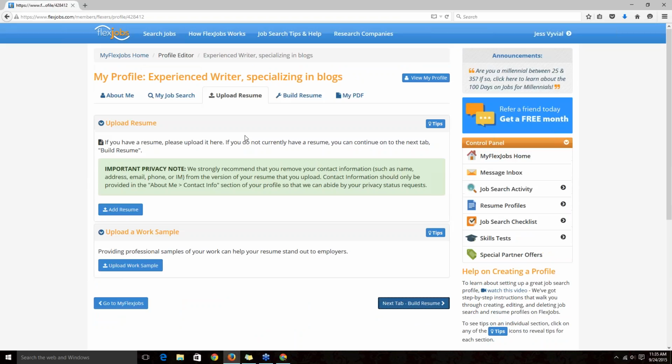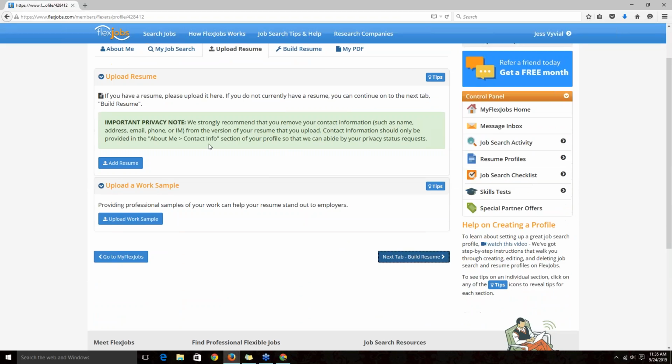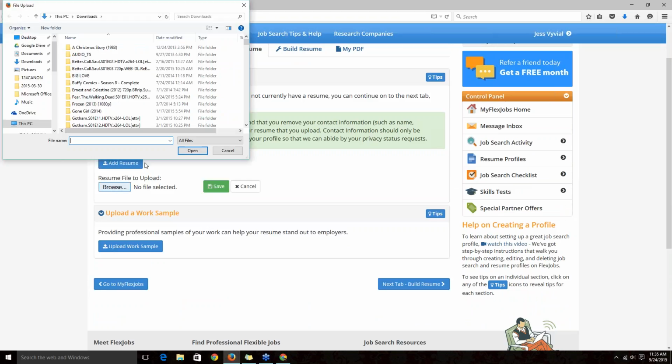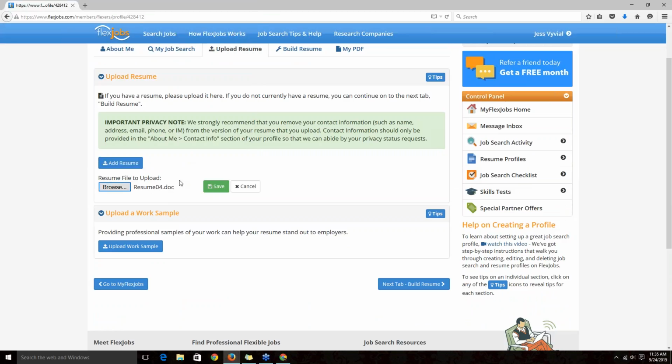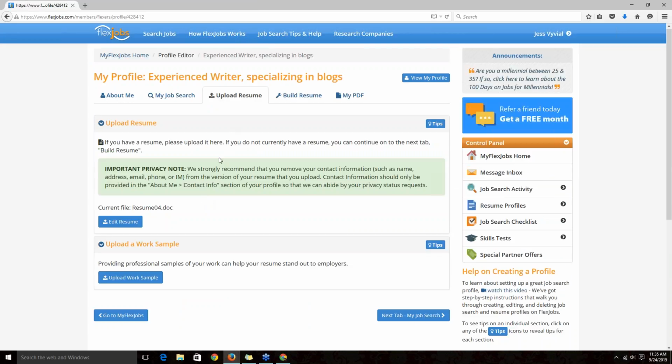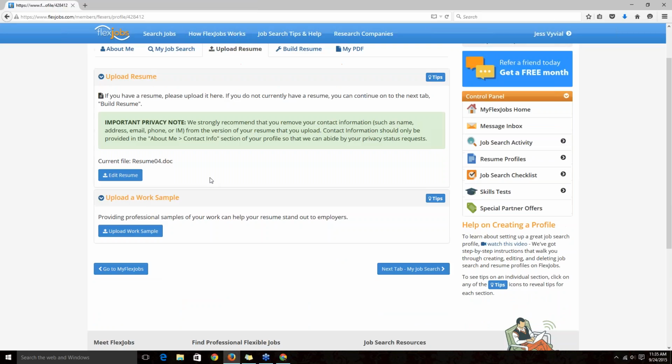The next tab is where you can upload your resume. A lot of our members do currently have a resume, and that's perfectly fine. You can go ahead and click the Add Resume, and you'll search for the file on your computer to get that attached, and then save. We get questions on this as well: you'll know that your resume is attached when you see that file listed. You can't click on your resume right there and bring it up, but you'll know that the